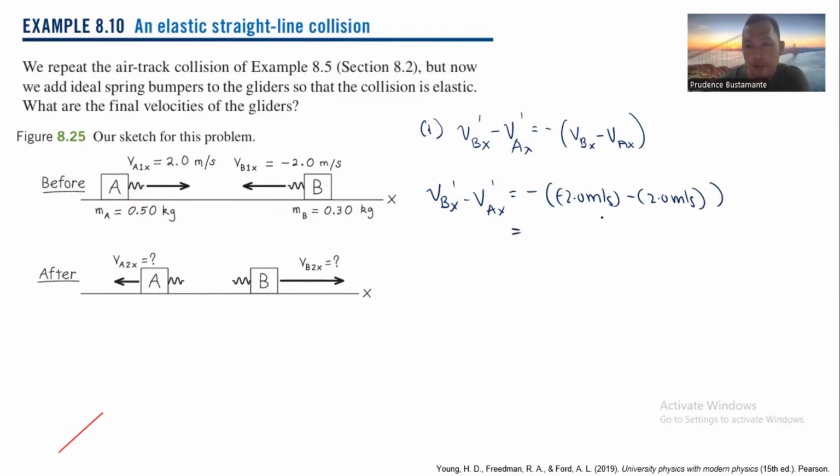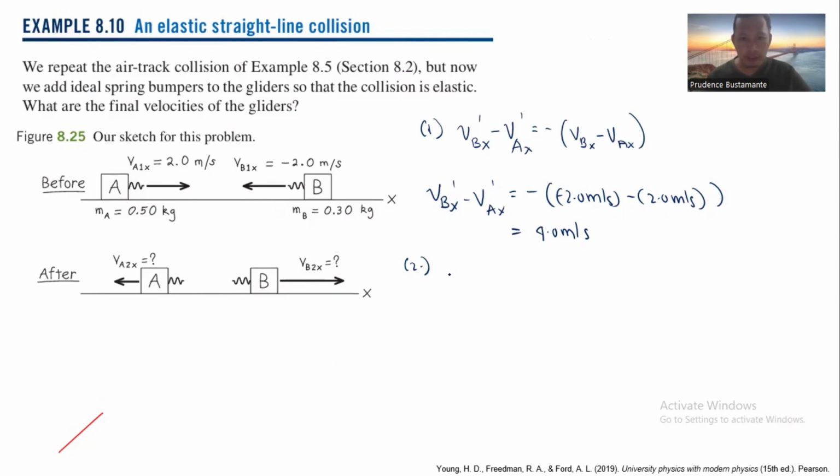So negative 2 minus 2 is negative 4, times negative is 4.0 meters per second. Okay. And from the conservation of momentum,